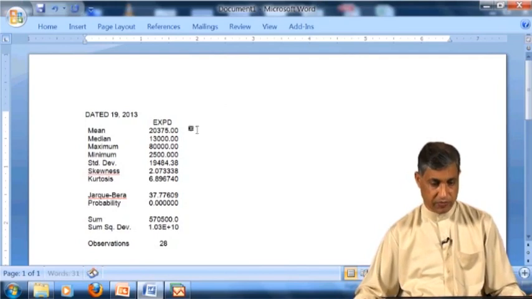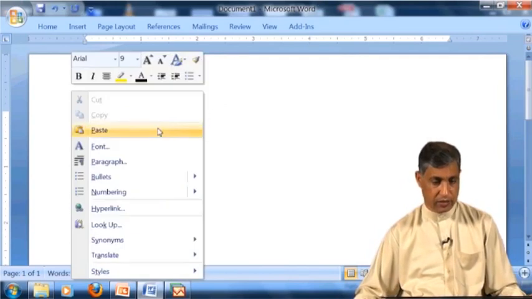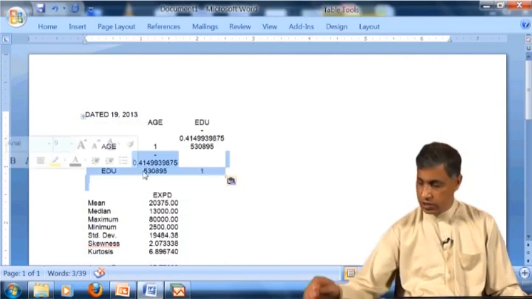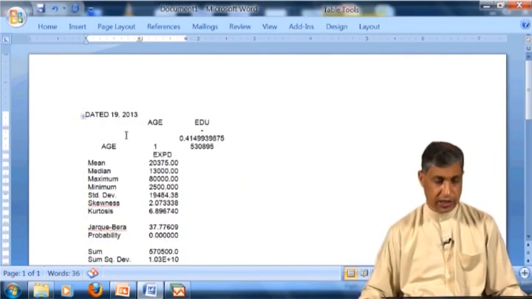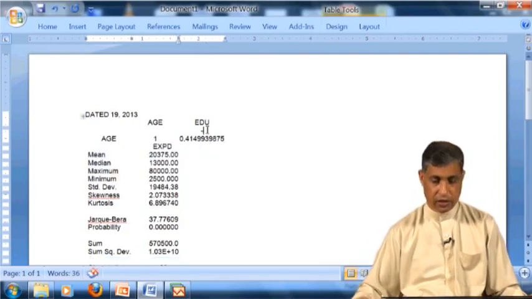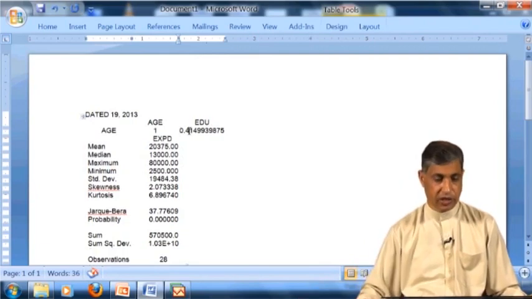I pasted it somewhere else here, and I am deleting these extra things. I am just interested in the correlation between education and age, this is our interest.